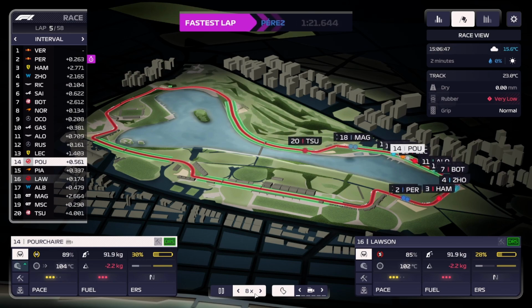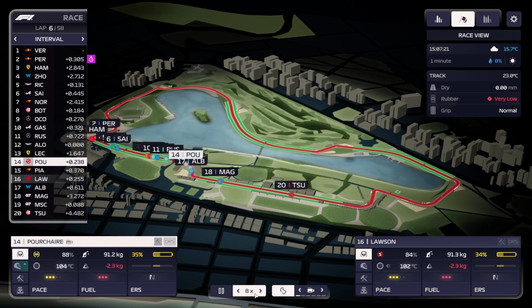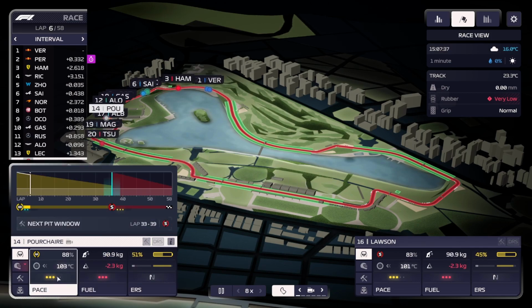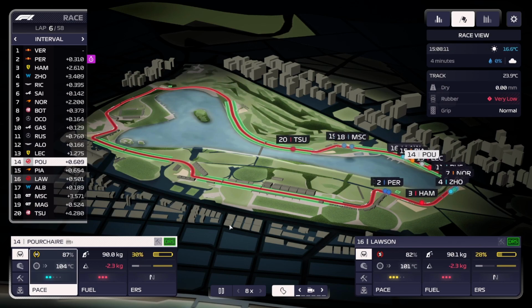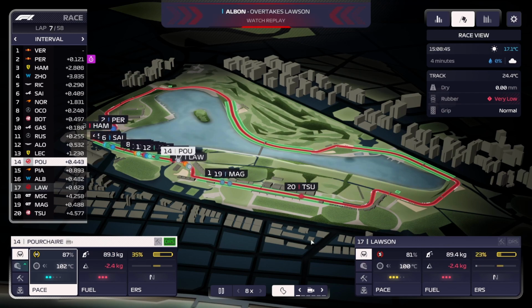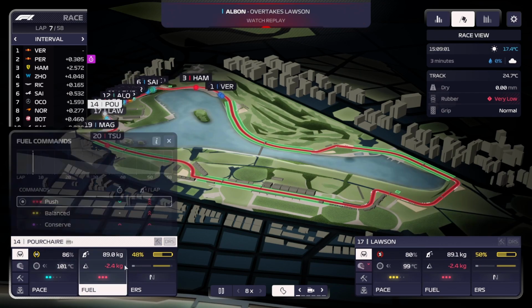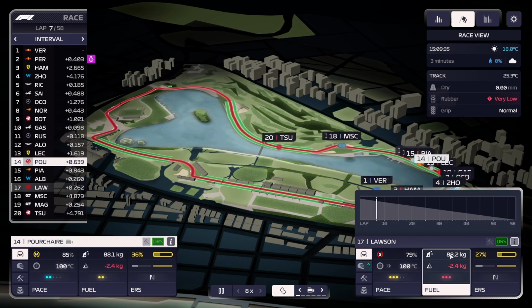Porcher is still holding on to the DRS of Charles Leclerc. We're going to hold on to that the best we can as we're actually looking to pass Charles Leclerc. I'm not sure why. We're going to go light on the tires now. Hopefully we don't lose too much time doing that. We're still holding the ERS there, or DRS. We're going to go neutral on the